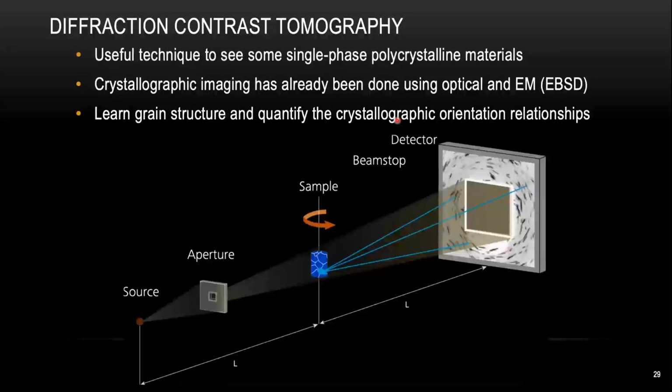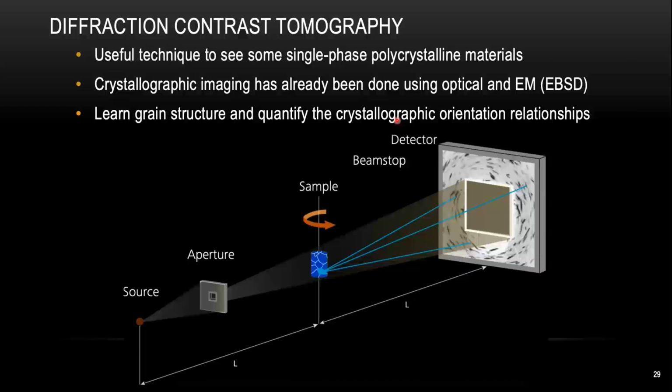For micro-CT, we can also do so-called diffraction contrast tomography. Be it the normal absorption image or the phase contrast imaging, it's all based on material density difference. But sometimes if you're working on a single-phase polycrystal, they don't have such a difference. But if you want to see the grain boundaries inside your sample, such as a piece of steel or maybe a piece of alloy, you might need diffraction contrast tomography, also called DCT. So if you want to generate crystallographic information, DCT is the way to go.